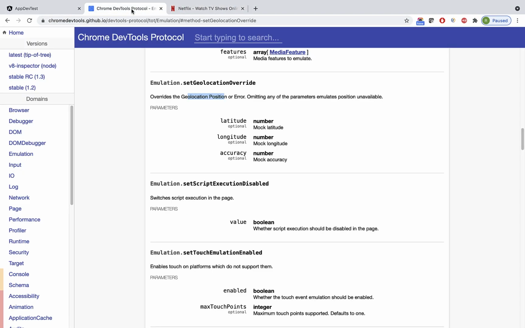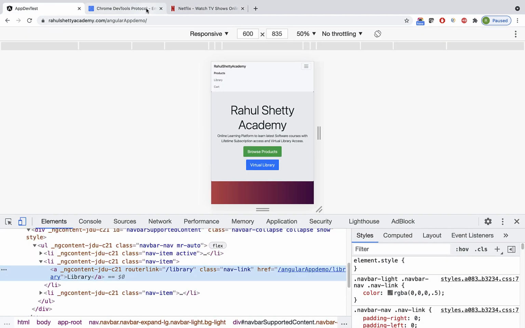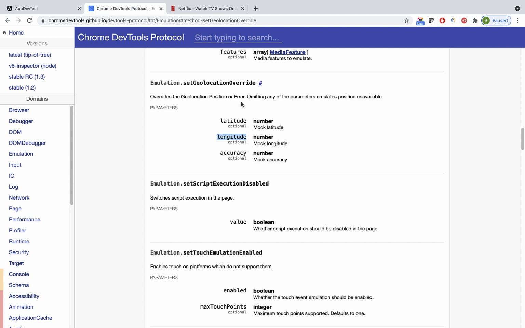So we just understood that this method will help you to change the location. All you need to do is provide the latitude and longitude of the location where you are, and based upon those parameters it will tell which country you are in, and based upon that country you will see the experience in the browser. Okay, if you are in Spain you will see Spanish, or if you are in India or US you will see it in English, right? Until now there was no way to test it in different languages in Selenium, but let's see how to do that with Chrome DevTools integration.